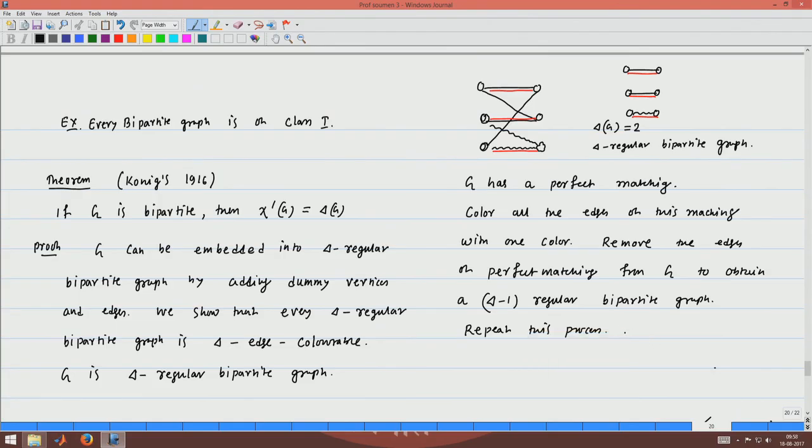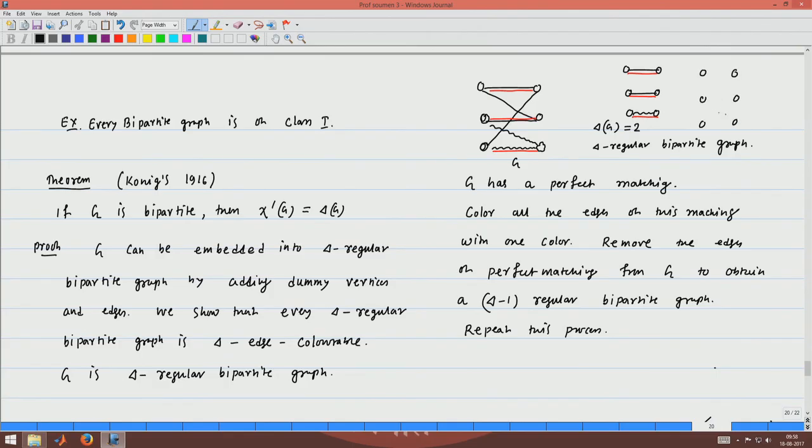delta minus 1 times. So, here you can see the graph was initially a 2-regular bipartite graph, and once you remove these edges from this graph G, you get a 1-regular bipartite graph.